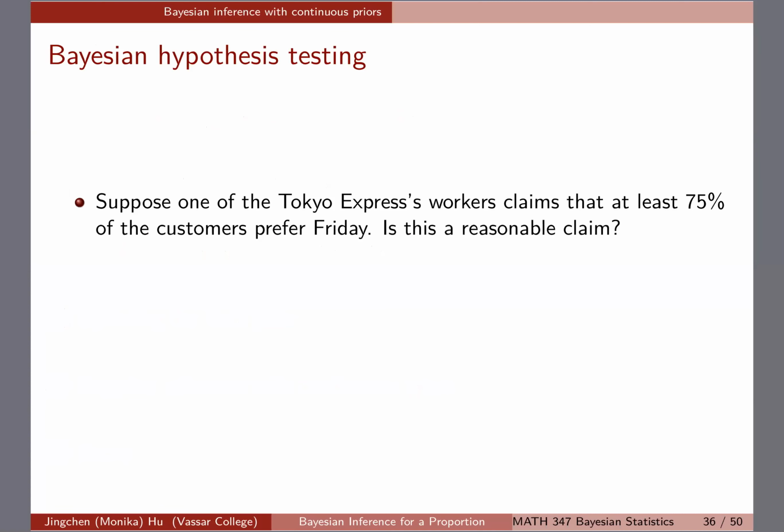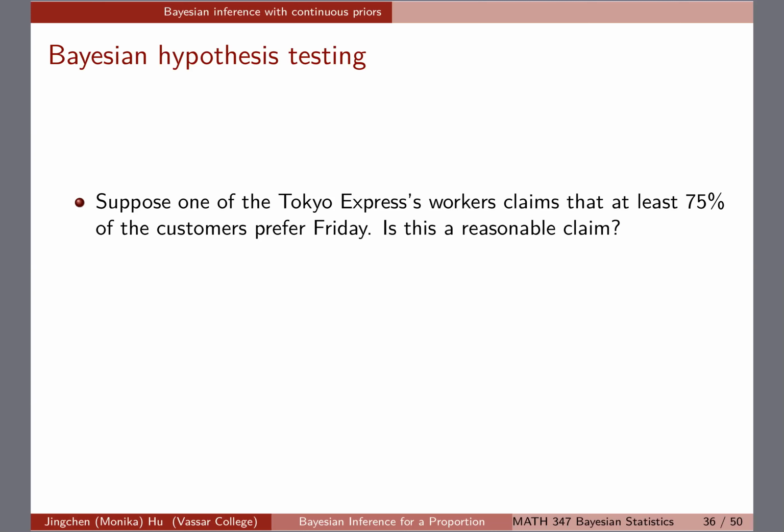So one type of question, if you're doing hypothesis testing, will be: suppose one of the Tokyo Express's workers claims that at least 70% of the customers prefer Friday. You're wondering whether this is a reasonable claim. So this is directly talking about the probability of P, right? And then given our data and the priors, we came to the beta posterior distribution,